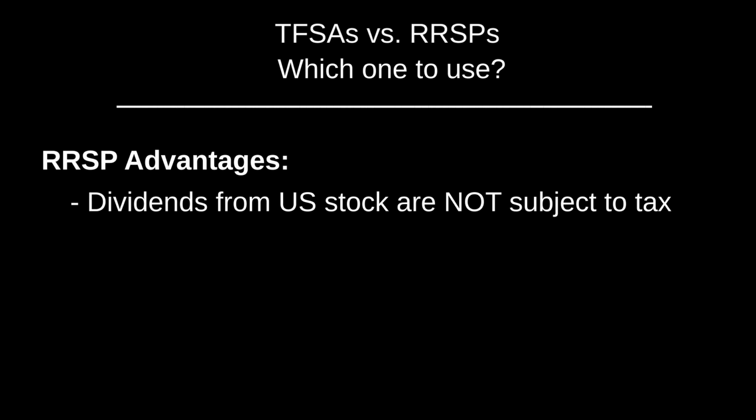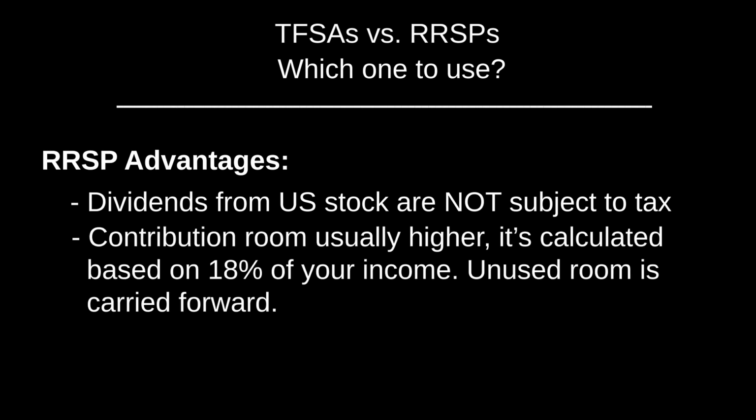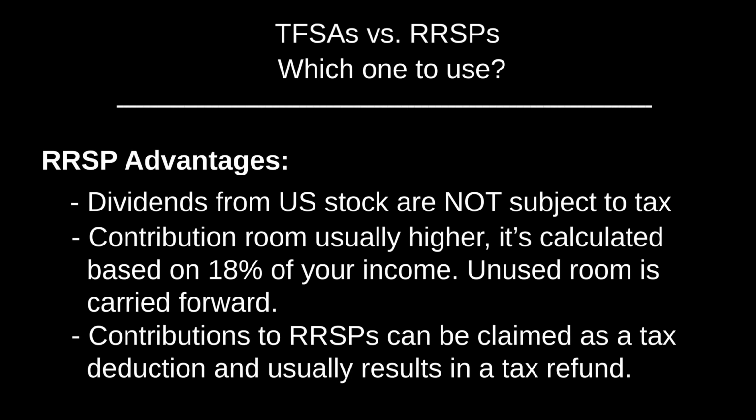So the second advantage of an RRSP account is that the contribution room is usually higher than that of a TFSA. It's calculated based on 18% of your income and is carried forward if you don't use the maximum contribution for that year. The third advantage of an RRSP account is that contributions that are made to your RRSP can